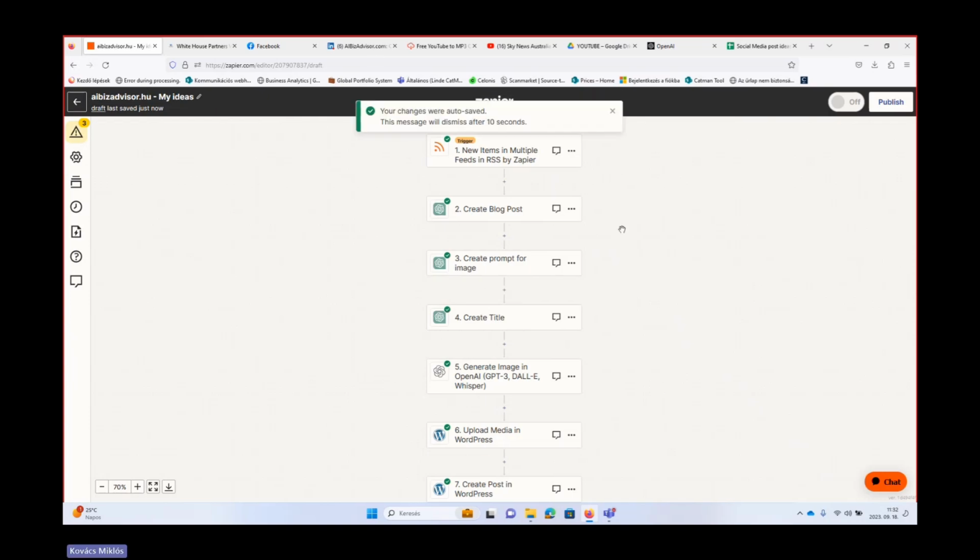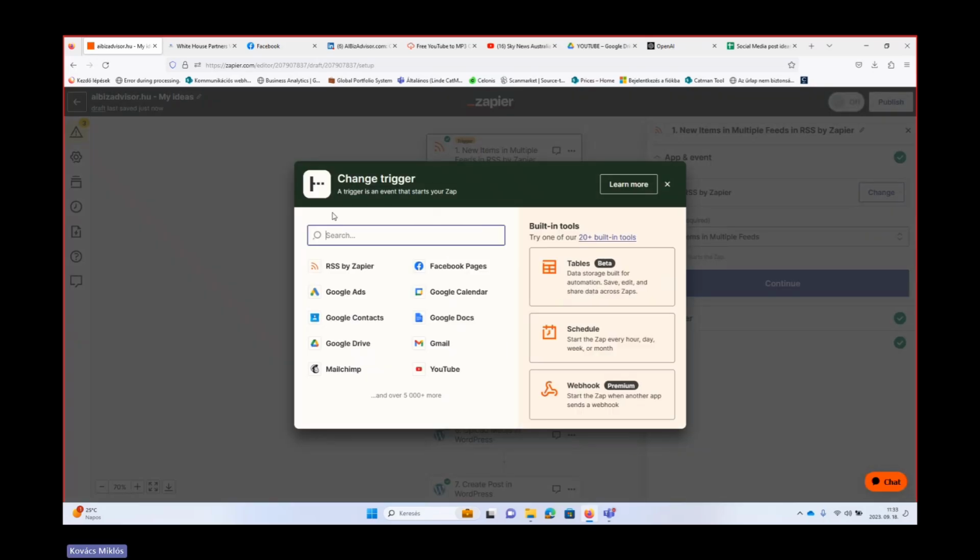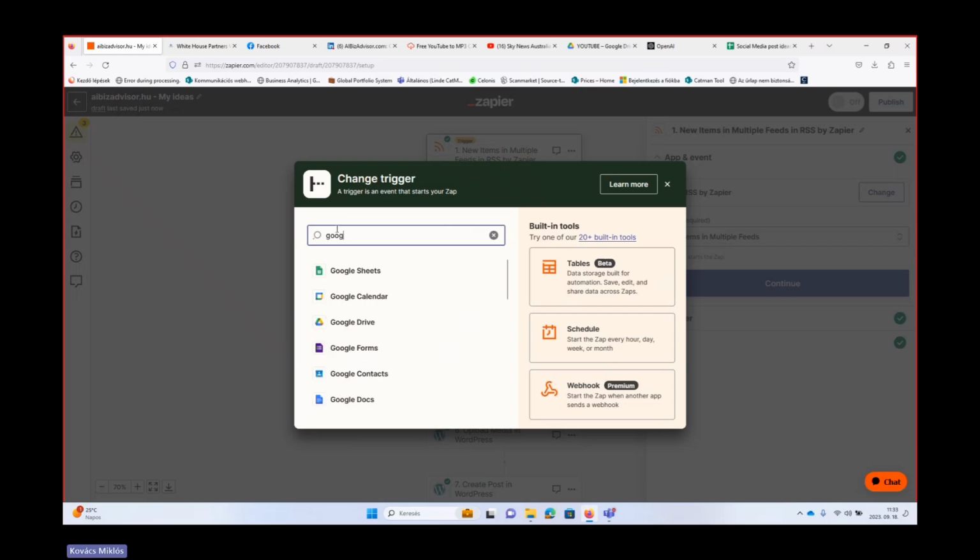Okay. And now I will again change the triggering event. My trigger will not be an RSS feed, but I want to have a Google Sheet. So Google Sheets.